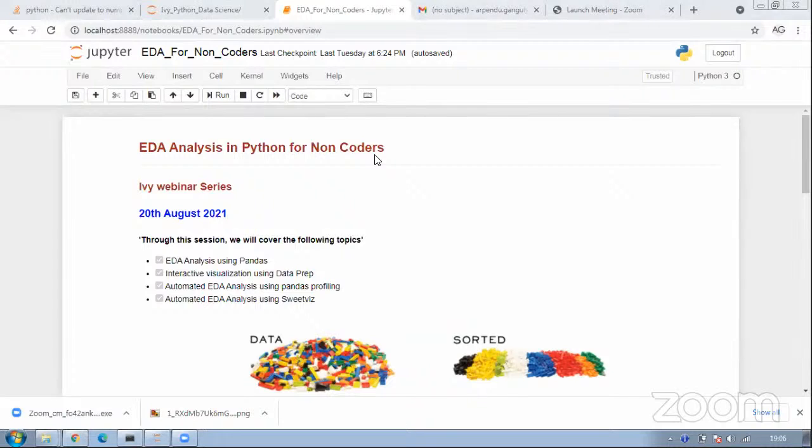What else? Exploratory data analysis. It's definitely not electronic. It's from the perspective of data science. It's all exploratory data analysis.